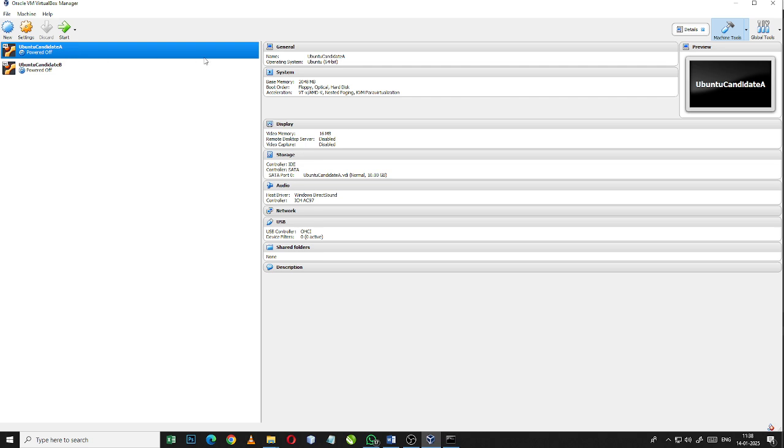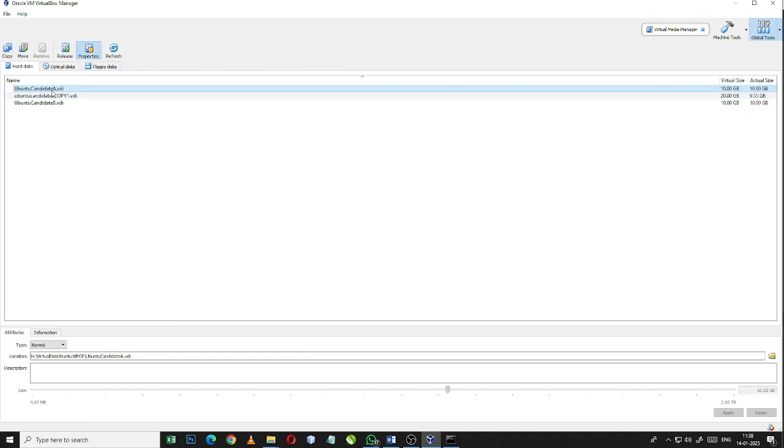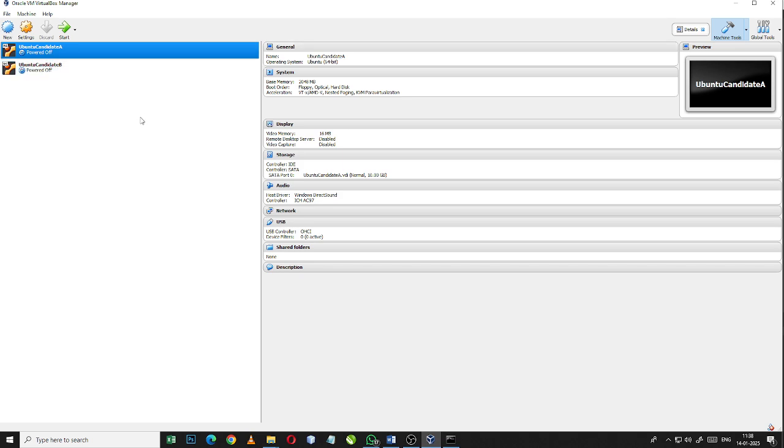Normally if you have a fixed storage, it doesn't allow you to resize from the VirtualBox menu. We will go to the Virtual Media Manager here and see our disk candidate A cannot be resized here. The area is grayed out. There is no option to resize it. So for that,